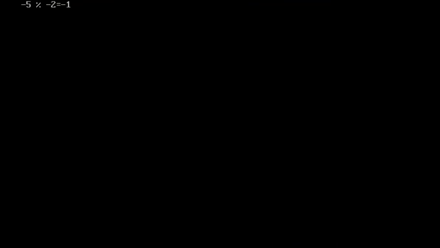Here it is, numerator and denominator both are negative. -5 modulo -2, remainder of division. So 1 is the magnitude of the result, but our numerator sign is negative, hence the sign of the result is also negative. Now let's move on.